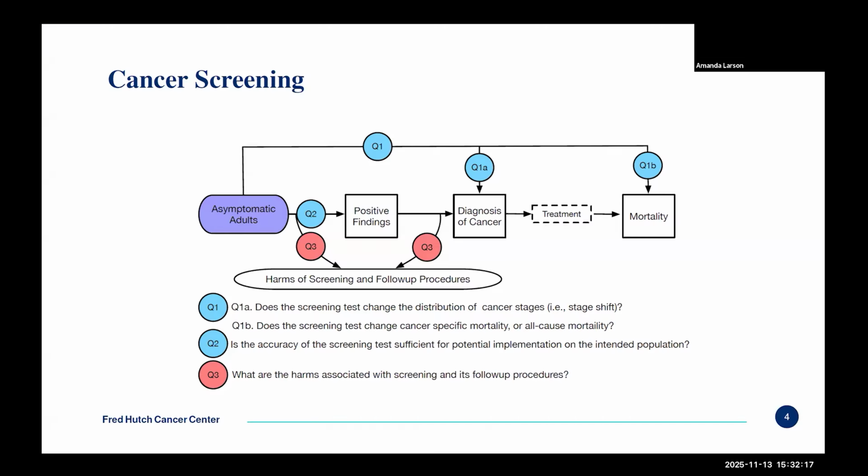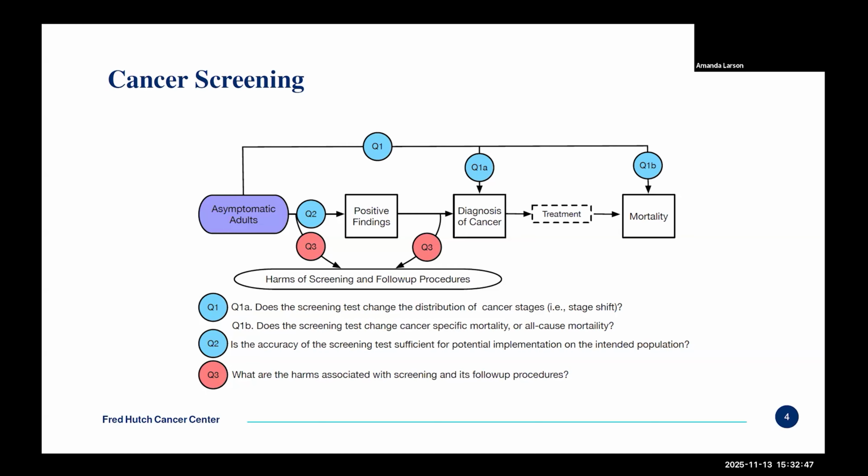To evaluate those tests, it's different from a therapeutic trial, right? The population is usually asymptomatic, a healthy population. And you want to see, after this whole sequence of actions, whether you really see the effects of this screening test. So unlike a therapeutic trial, if you're designing a screening trial, you're starting from a healthy population, and